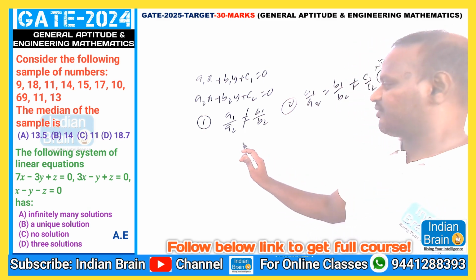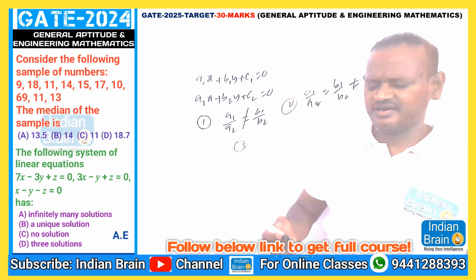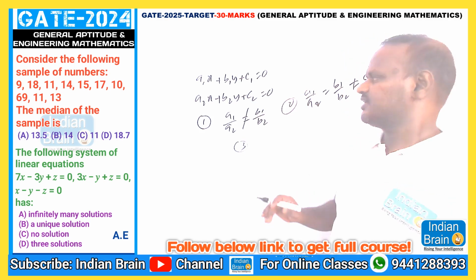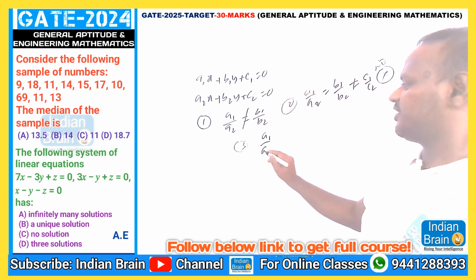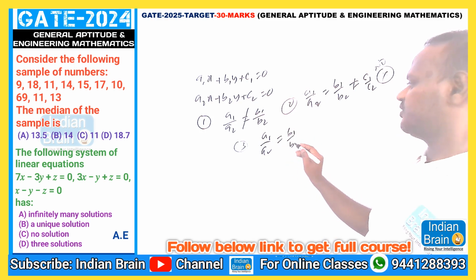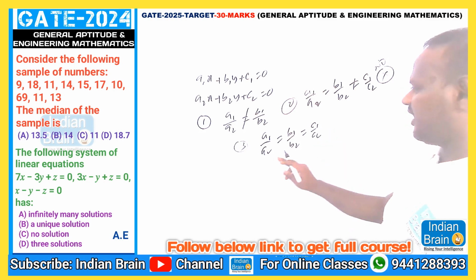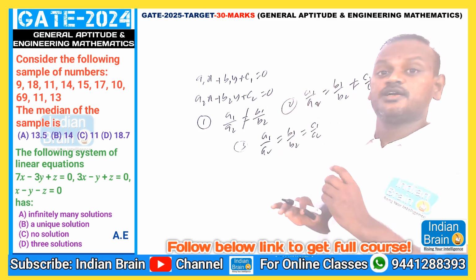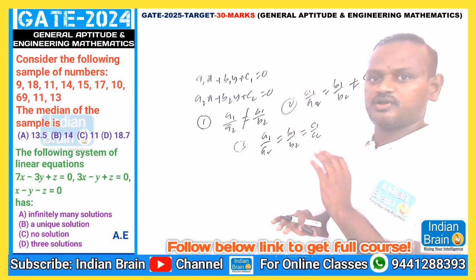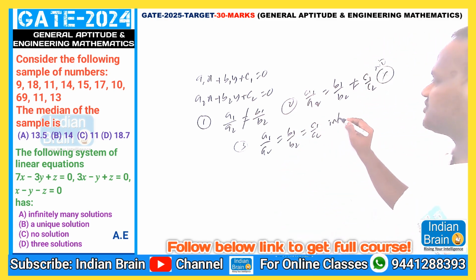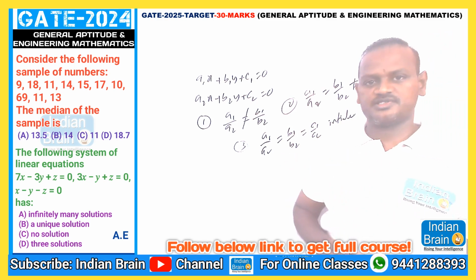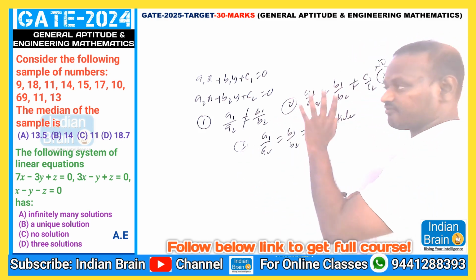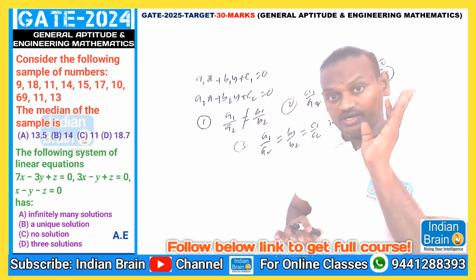The third one is very important, very easy. What is our third story? Very simple story, don't confuse. a1 by a2 is equal to b1 by b2 is equal to c1 by c2. All are equal, right? The x coefficient ratio, the y coefficient ratio and the constants ratio are also equal. In that case, infinite solutions will be there. We cannot assume the numbers, we cannot find the exact solutions for this equation. This is the basic level story of the two variables linear equation concept.